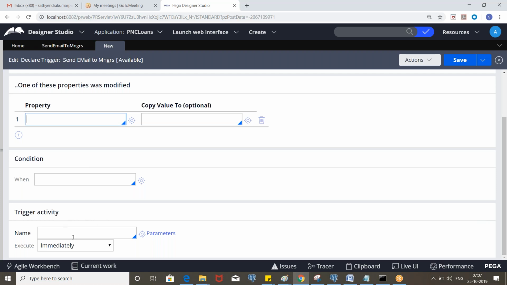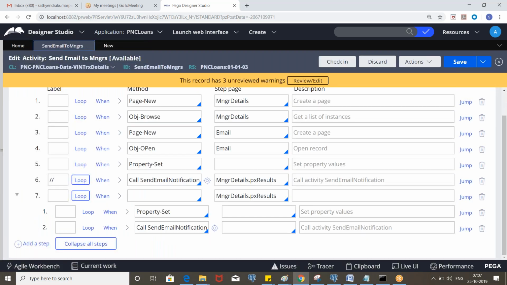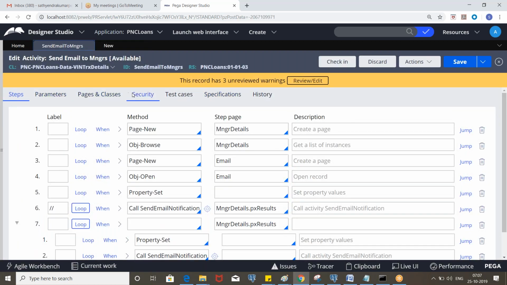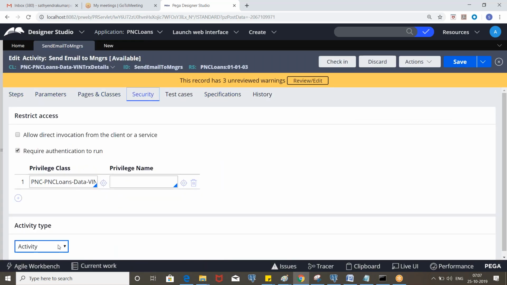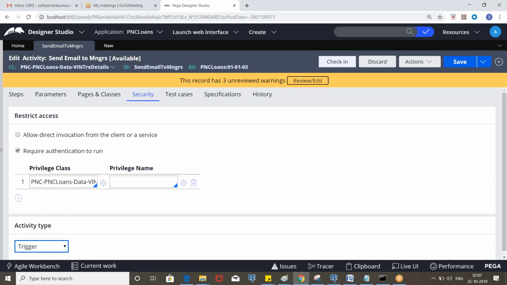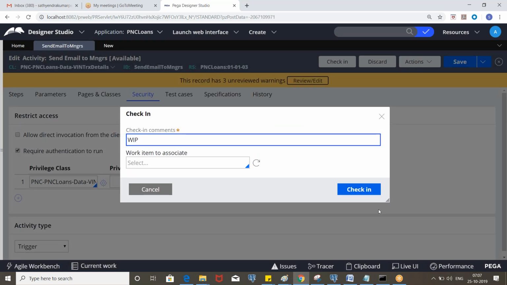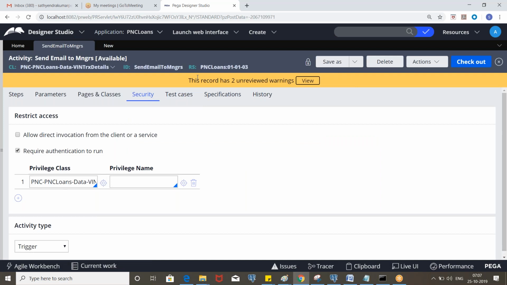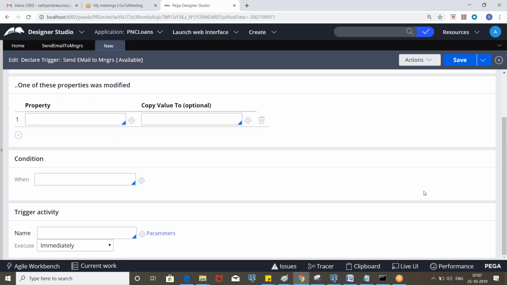So for the trigger activity, we need to call that. What is the activity we created? This one, right? But here the activity type should be trigger. If you want to call it in the declare trigger, the type should be trigger, so that only then will you be able to see that activity.